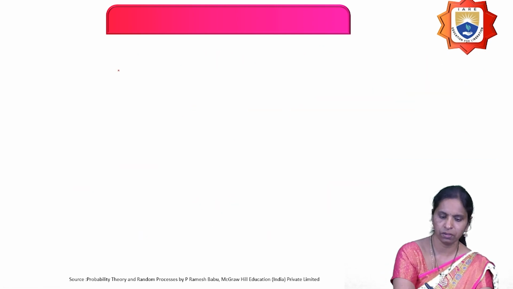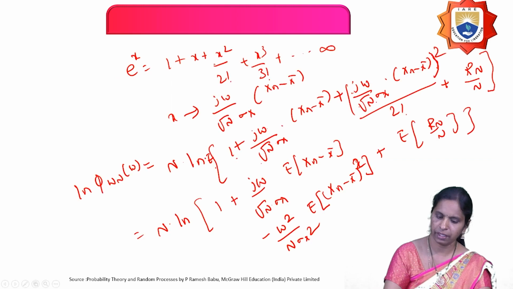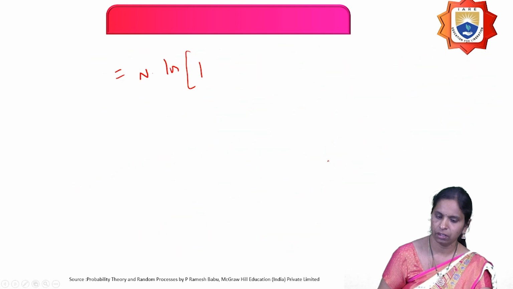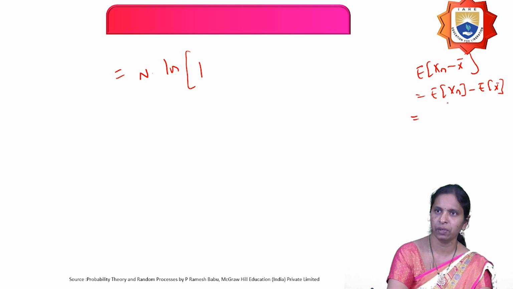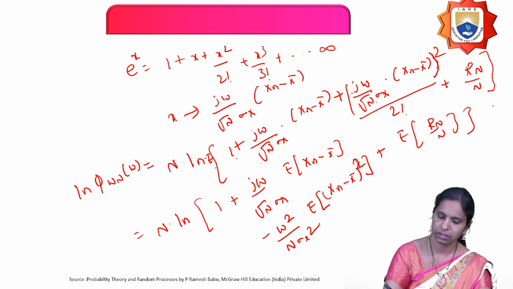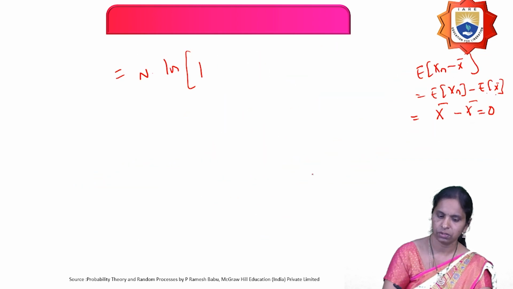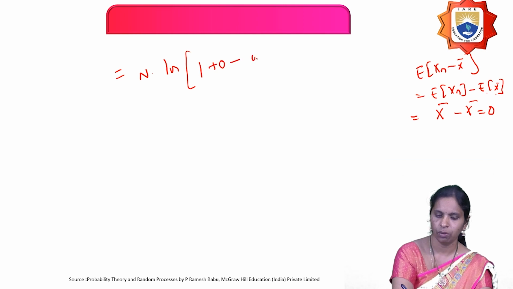Now, that equals n into ln of 1. And here, what is the expectation of xn minus x bar? You can write the expectation of xn minus x bar as u of xn minus u of x bar. For any random variable with equal distribution, the mean is constant, x bar, and the expectation of any constant is the constant itself. Therefore, this term becomes 0. So, 0 minus omega square by,